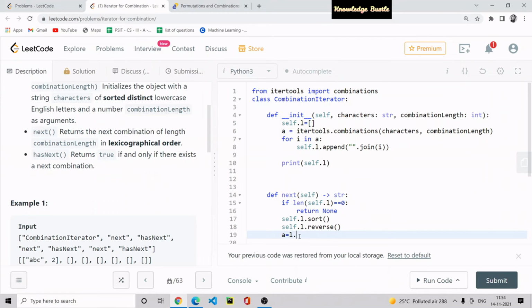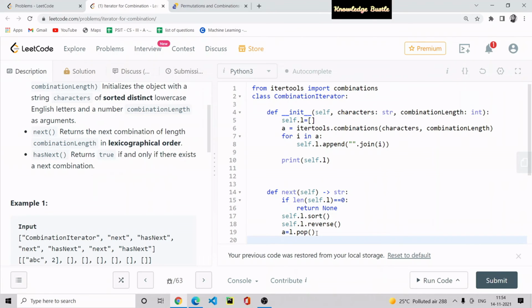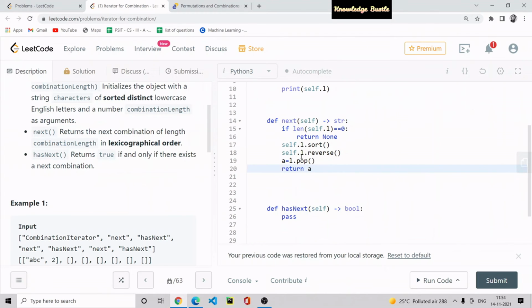The next combination is l.pop, because by reversing, the first combination comes in the last. If you are not reversing this, then you simply write pop(0). But here we reverse it, and return a. Here we have to write self.n.